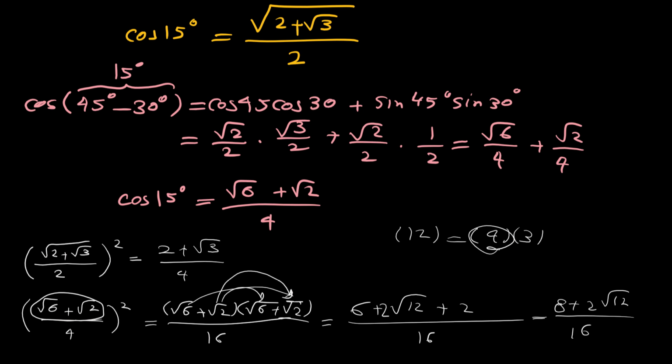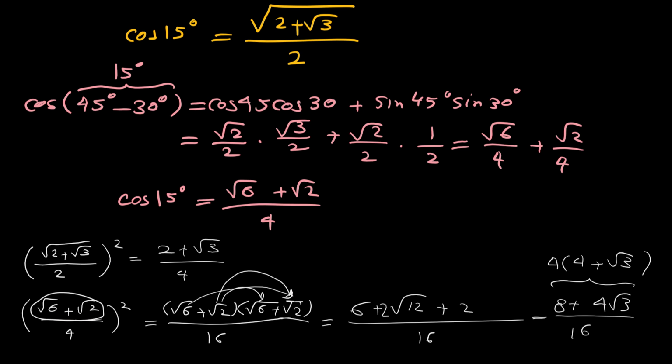Square root of 4 is 2. So square root of 12 is 2 radical 3. So here let me erase radical 12 and substitute 2 radical 12 with 4 radical 3, because radical 12 is 2 radical 3, times 2 would be 4 radical 3. So we have 4 radical 3 over 16. Now from these two, if we factor a 4, then we have 4 times 2 plus radical 3,